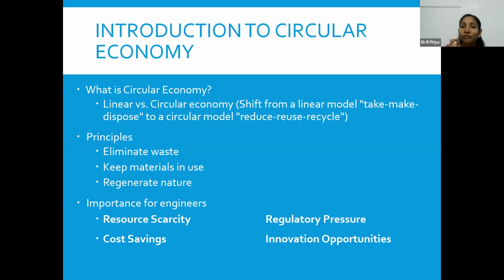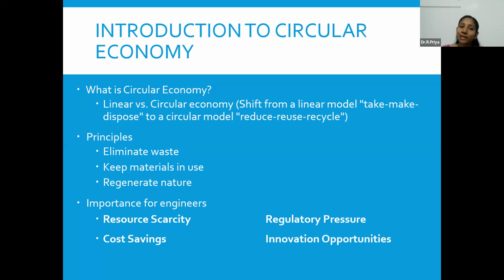By 2050, global waste could increase by 70% if we don't change. Just think about that. So the circular economy we introduce, that is resource, reuse, recycle, instead of take, make, dispose,